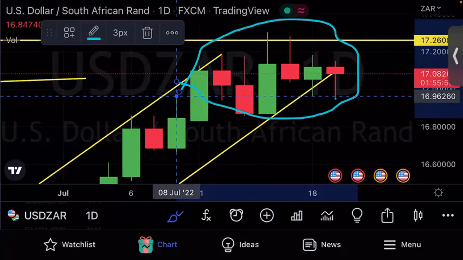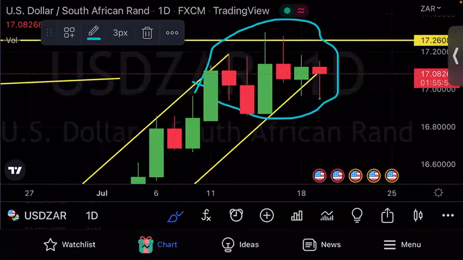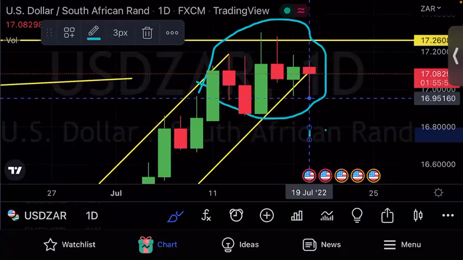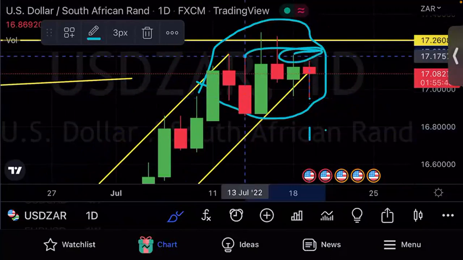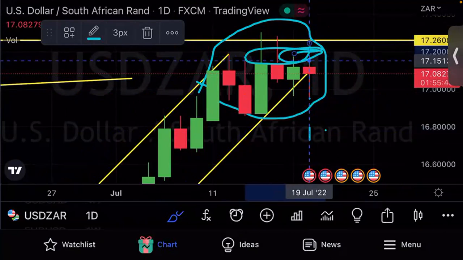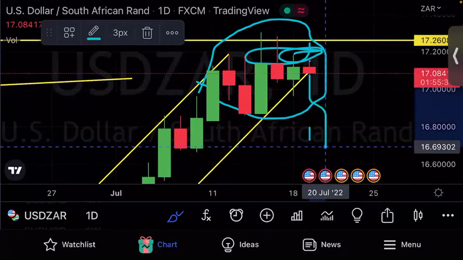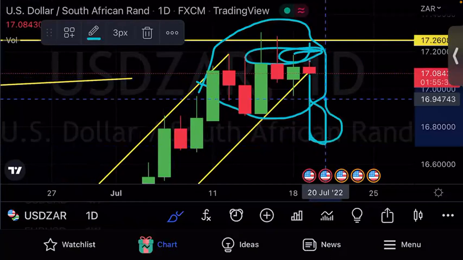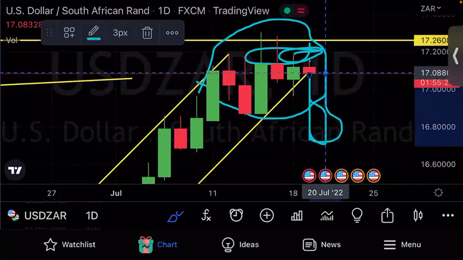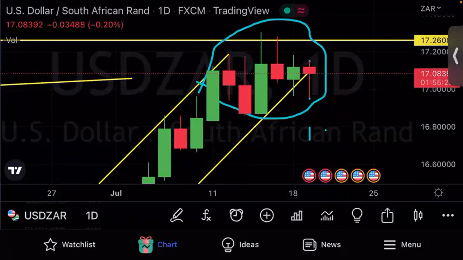So the problem that we have as people, we want to catch the highest point of the pattern or of the structure and take price to the downside, right? That is not the way I trade, right? The first thing that I want is to allow price to commit to the downside here. Allow it to have strong candles that push. Let me draw it clearly so that we can see what I'm talking about, guys.